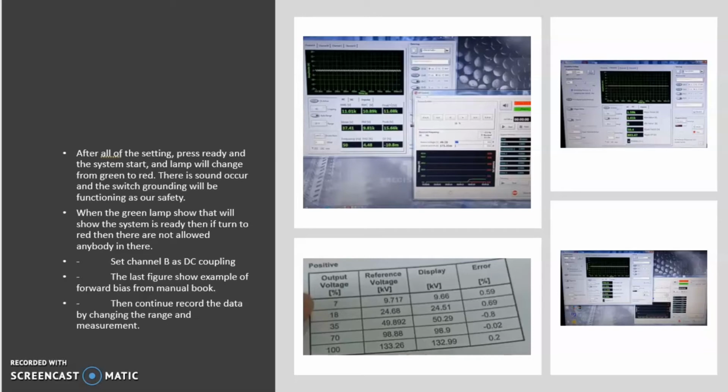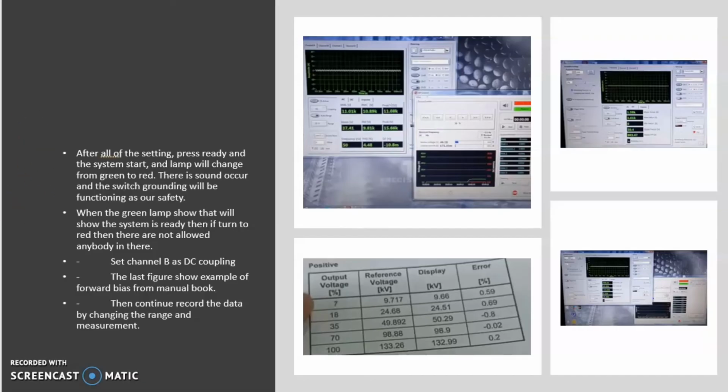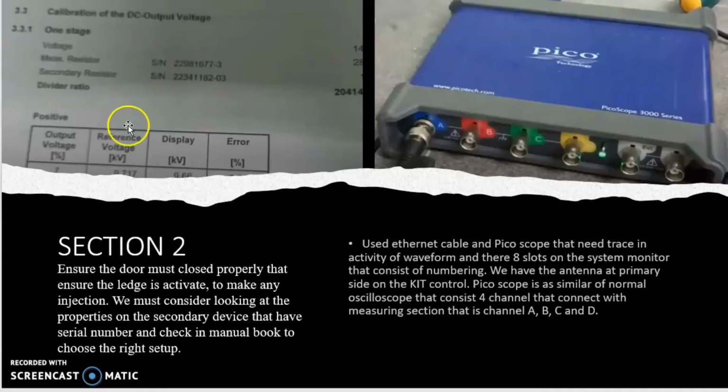Okay, for this lab 4, the difference is in the setup: channel A, we must set to AC, and channel B we set to DC. So we must make sure that the secondary unit devices have been checked, to confirm the serial number, because every serial number has a different divider ratio. Divider ratio, yes, true. Based on the data from the manual book,